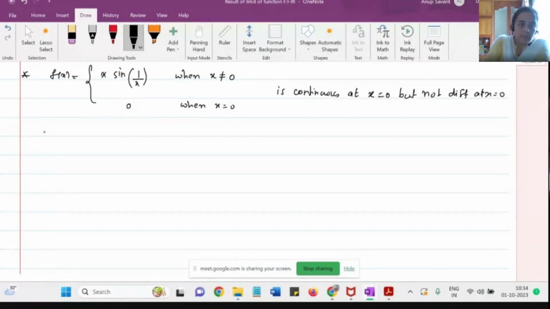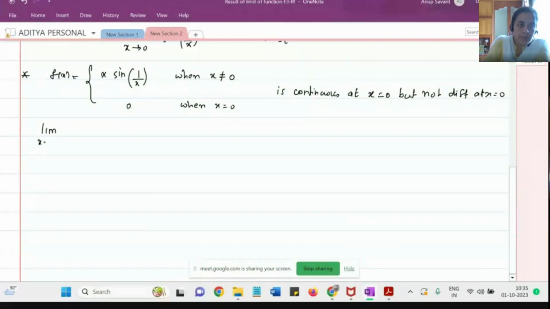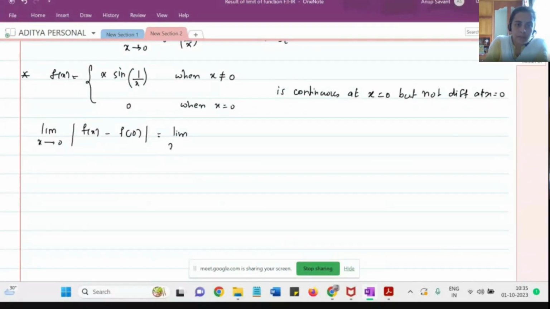So if I'm looking at the limit as x goes to 0 of |f(x) - f(0)|, observe that this value is non-negative, so it is greater than or equal to 0. This will simply turn out to be |x sin(1/x) - 0|,